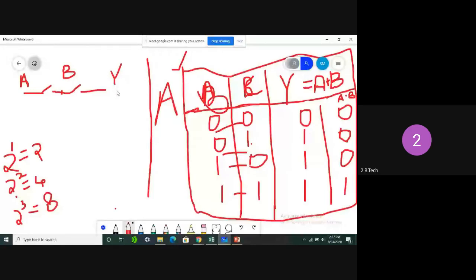Consider this a switch, and we can close it like this way. Closing indicates 1 and open indicates 0. A is 0, in the sense A is open as usual. B is also open. So output is obviously